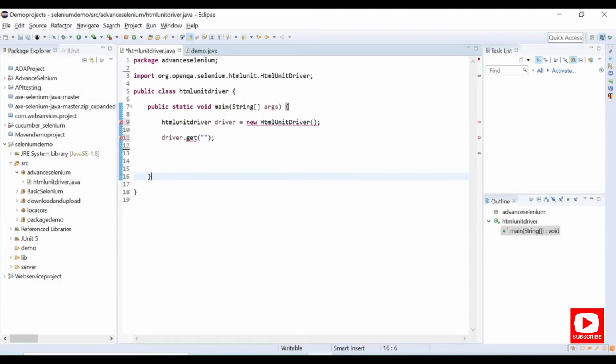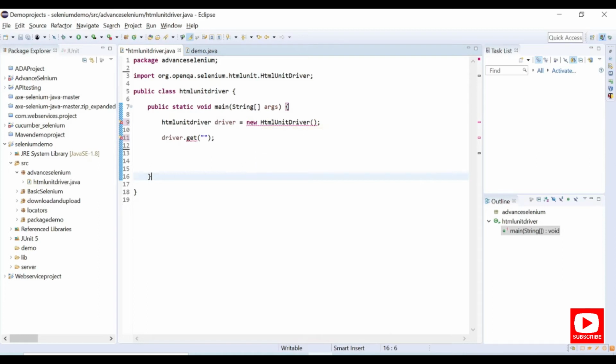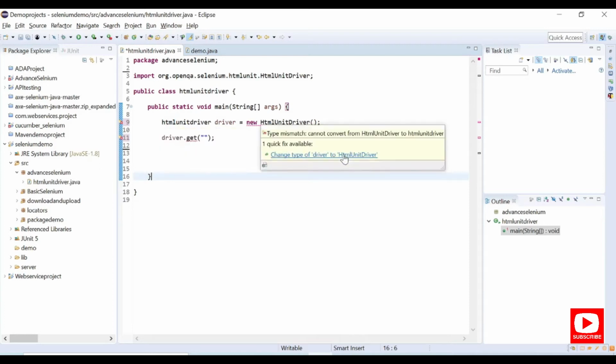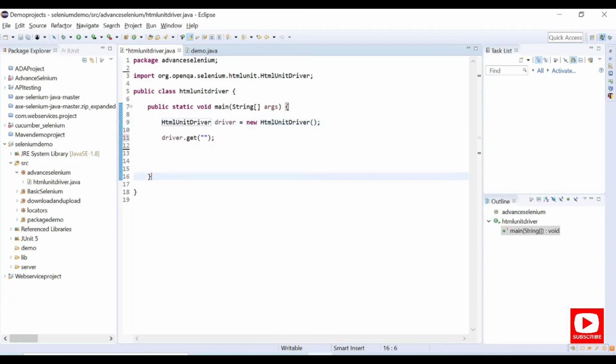I think we have imported the wrong package here, so we need to import the correct package. Let me retry again. Let me change this driver to HTML unit driver. We have used a smaller case here, so we'll use the uppercase of HTML unit driver. I think that was creating the problem where we were unable to get the methods which are available in the WebDriver. So we have now figured it out.